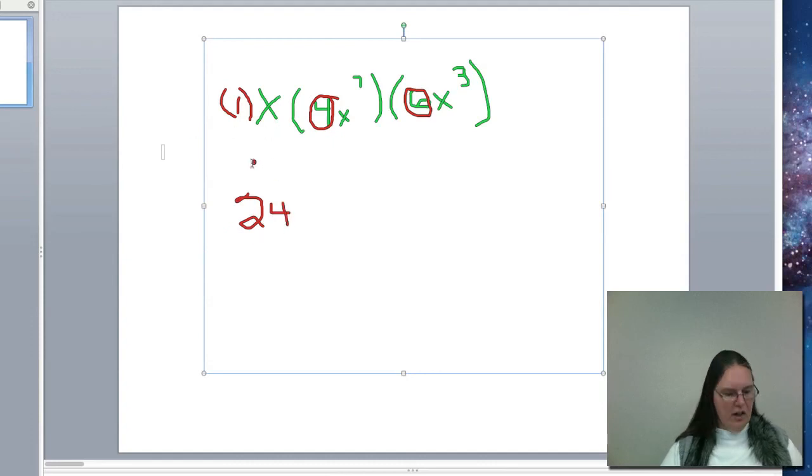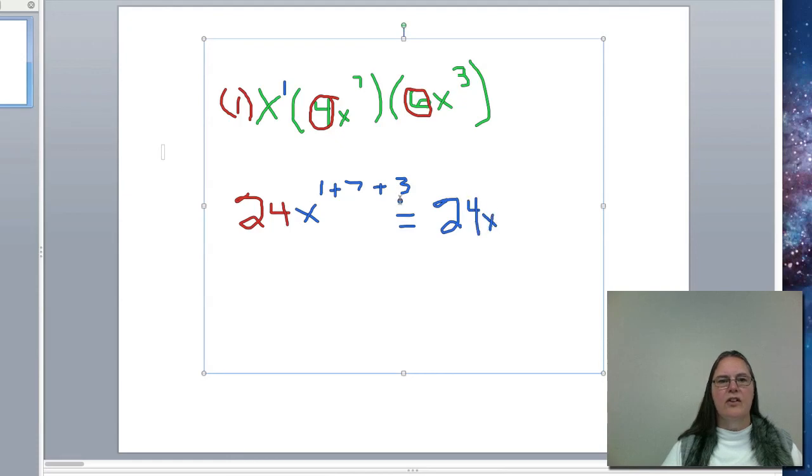Now let's look at our x's. We have a x to the 1st power, 7th, and the 3rd. Well, in this case, I know that we're going to have the 1 added to the 7 added to the 3. So the total is 24x to the 11th power. This is just a power times this is not a power raised to a power,